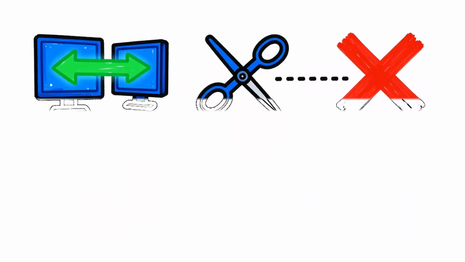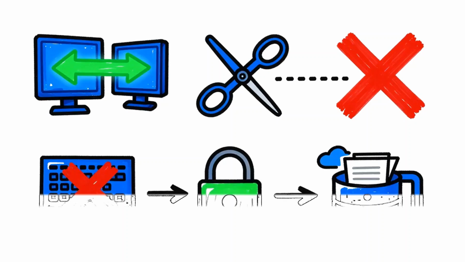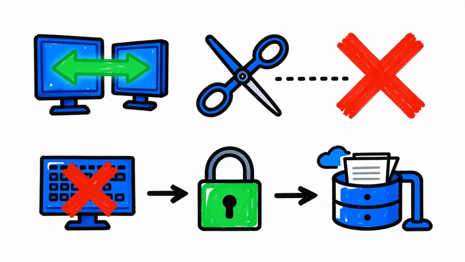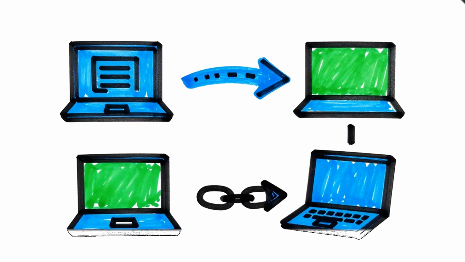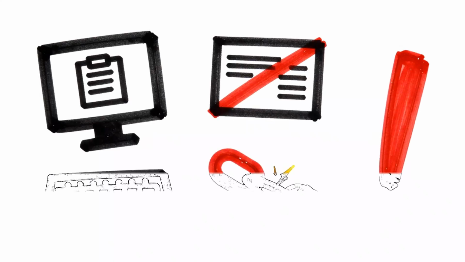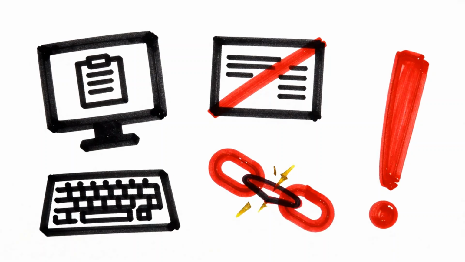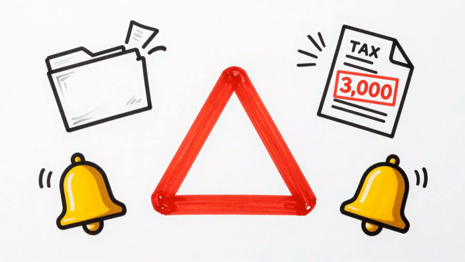If you use multiple systems, data must flow between them via digital links, such as APIs or secure file imports. Copying and pasting or retyping figures is not compliant. A digital link means that data moves from one system to another without a human manually re-entering it at any point in the chain. The moment you copy a figure from one program and type it into another, even if both programs are HMRC approved, you have broken the digital link. That break is a record-keeping failure, and a record-keeping failure is what triggers the up to £3,000 penalty.